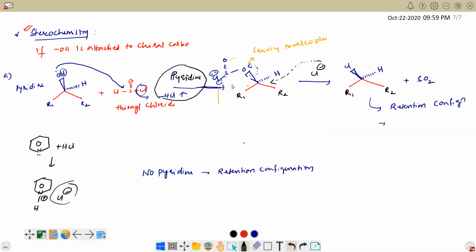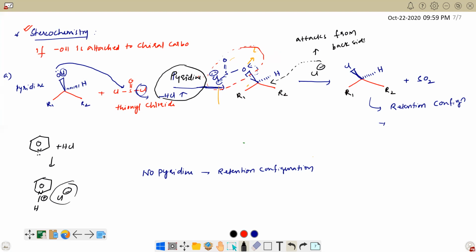Which is the strong nucleophile? This Cl or this Cl? Cl minus is stronger, sir. So it attacks because HCl does not escape, right? HCl is still there in the solution in the form of salt. So does it attack from the back side or front side? Back side. Now this group is acting as the leaving group, and this is the attacking group. But in the previous step, the leaving group and attacking group come from the same direction. So it attacks from the back side.